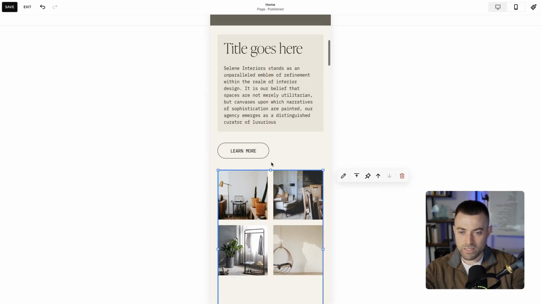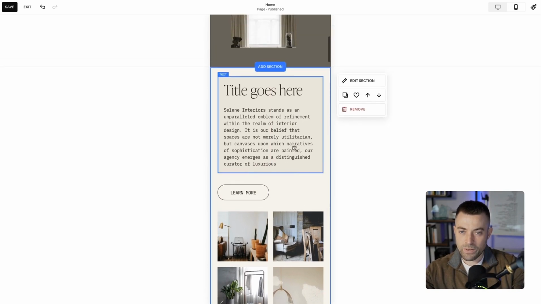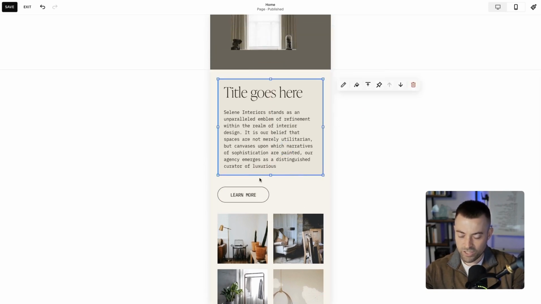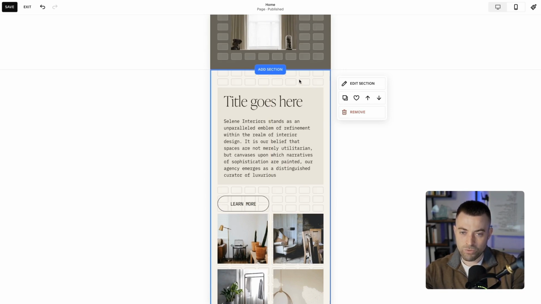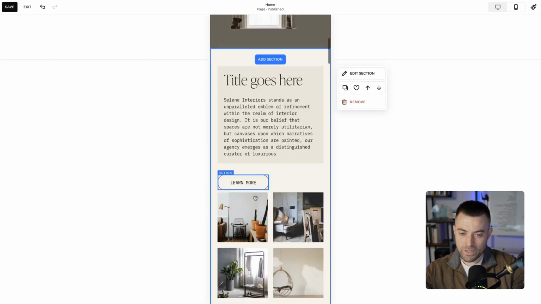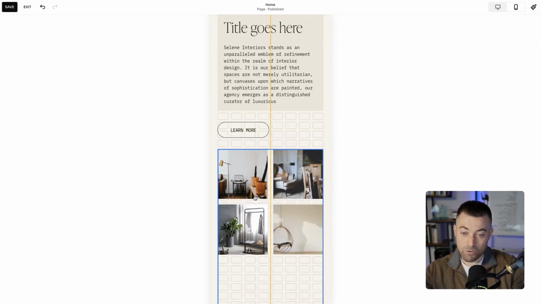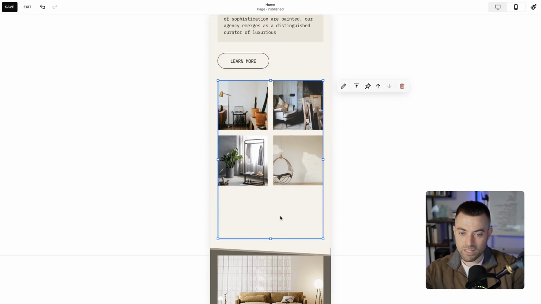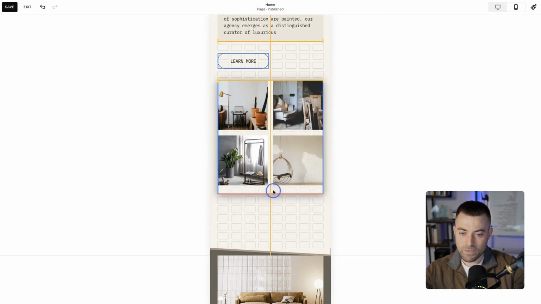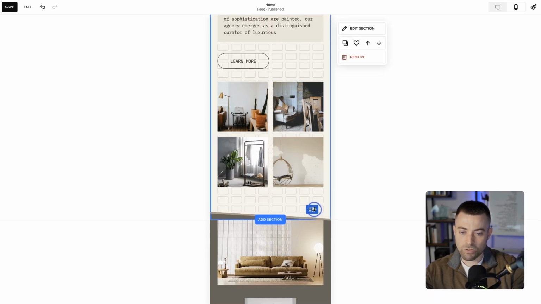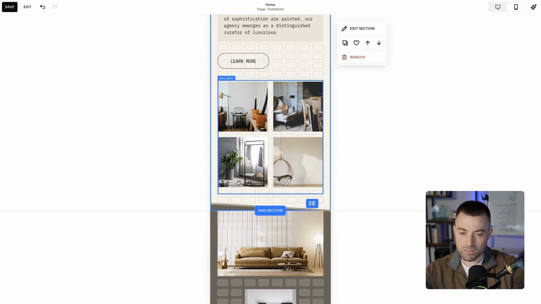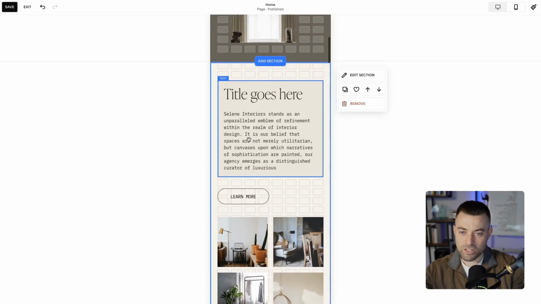So again, if we click G, you can see even spacing, really important. If I click this, hit Shift and click this, it's going to select both at the same time. And now I know, okay, I've got 2 grid spaces there, and I can navigate my blocks around with my arrow keys on the keyboard, make that spacing even. We're going to align this into the center, and then we're going to drag this up so there's 2 grid spaces between the block and the bottom of the section, just like there is from the block and the